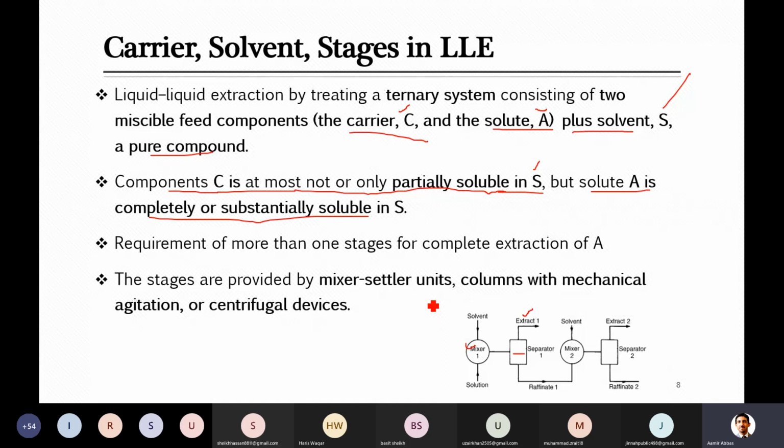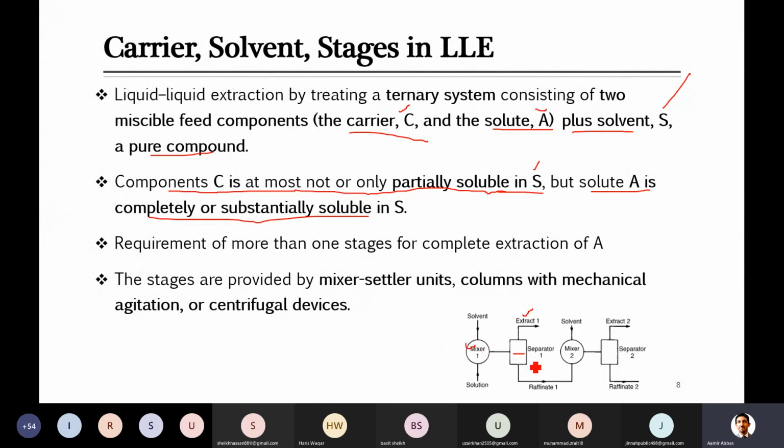So how these stages in this liquid extraction equipment, there will be like a mixer and settler. You know that here, for example, if we have this one stage, there is mixing as well as then settling. So in industrial columns, I think from the next lecture we will study this, sometimes you have the same mixing and settling in the same equipment, but sometimes you have mixing in one equipment and then there is another vessel, just to give it time for the settling.